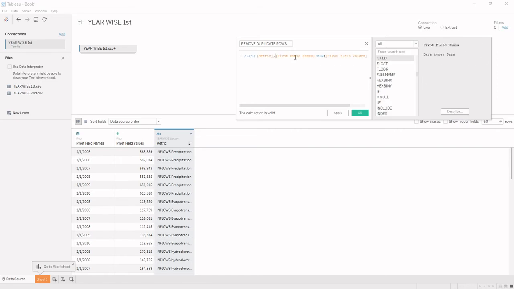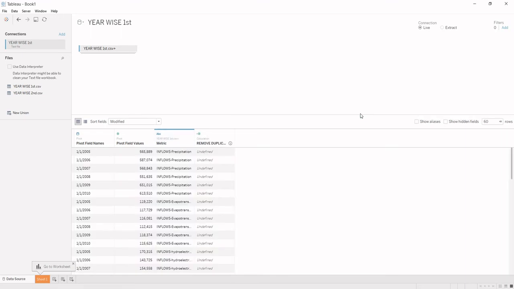Now you can see I have written FIXED here. Fixed is a type of LOD, which stands for level of detail. I am giving you a link in the description below about LODs, what they are and the various types of LODs. You can view and listen to that video too for understanding LODs. But don't worry, we will be covering LODs in our future lectures too. After this, I am clicking on the OK button and I will get a new field here named remove duplicates. You will not be getting the value here.